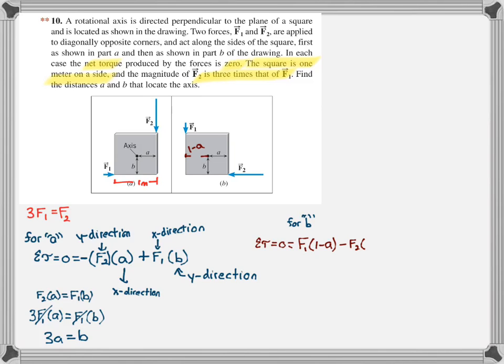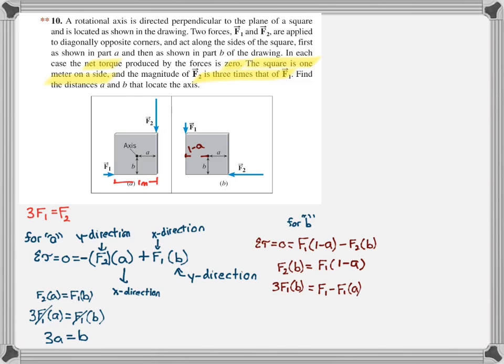Since we don't know the distance, but we do know that the entire length of the square is 1, the distance from the axis to where F1 acts is 1 minus A, and the distance to F2 is just B. The F1 force is going to cause a positive rotation, the F2 force is going to cause a negative rotation. Then we clean up the equation, and we find that F2B is equal to F1 times 1 minus A,